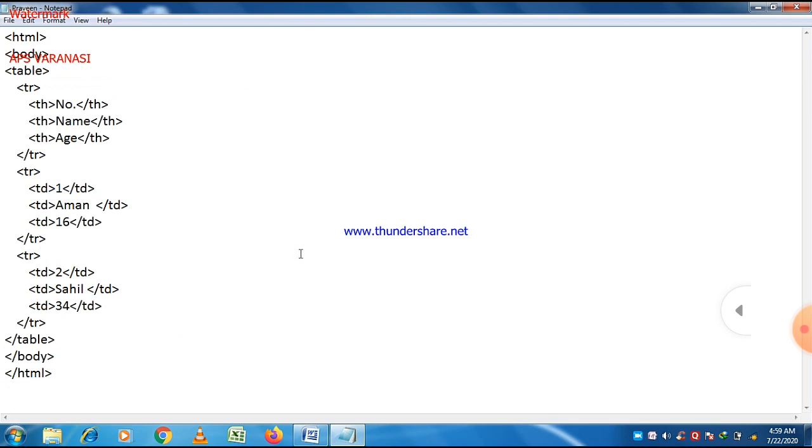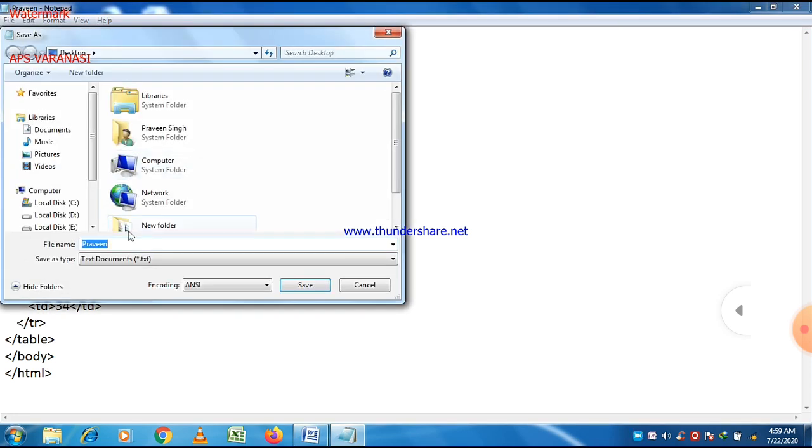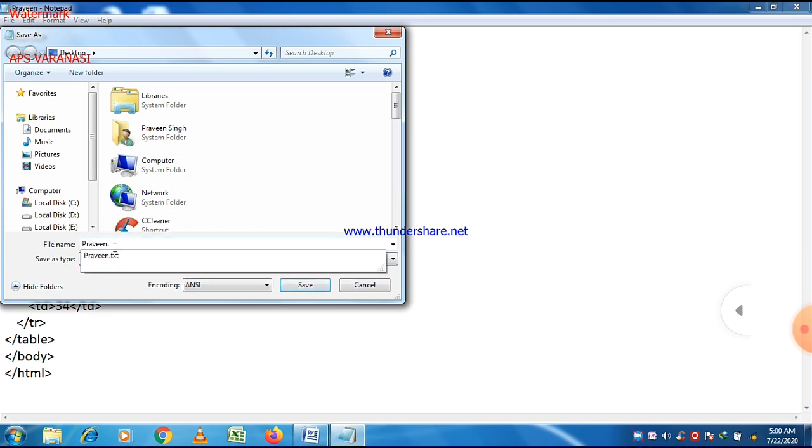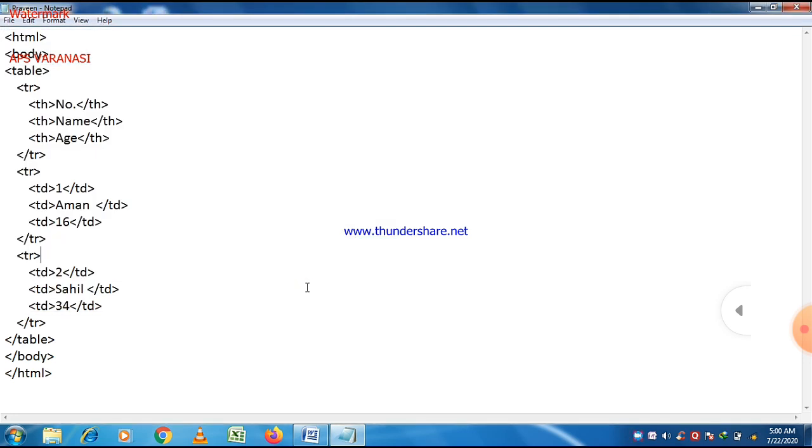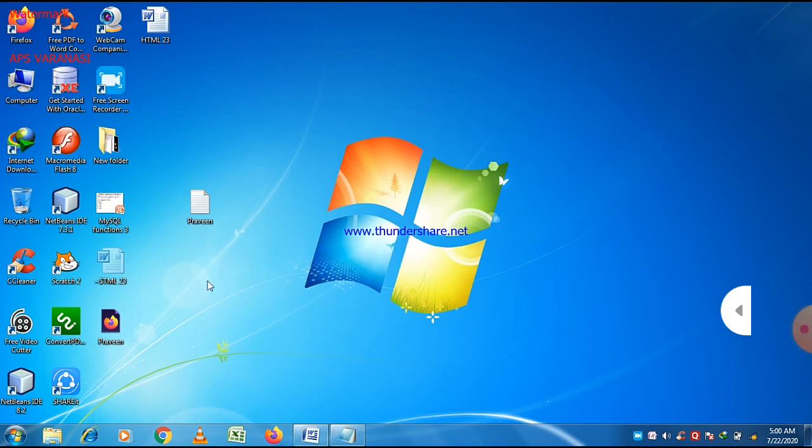Now if you want to execute this program, first of all just save the text file, then perform the save as operation, go to all files, and then for the name, take the same name Praveen, but take a different extension, .html, and just save it. The location is on the desktop. So we can see here that that is the same program, and the HTML text code and program code are visible on screen here.